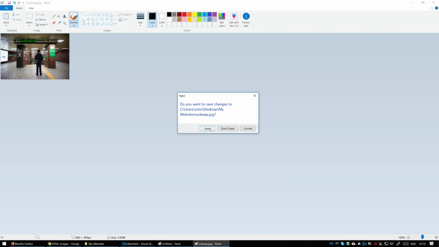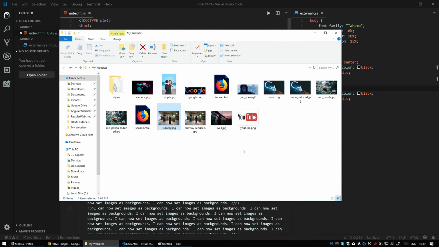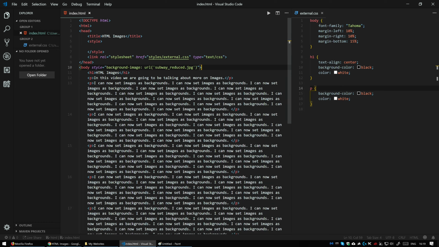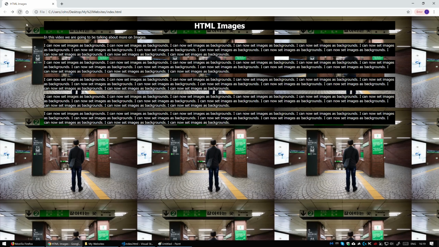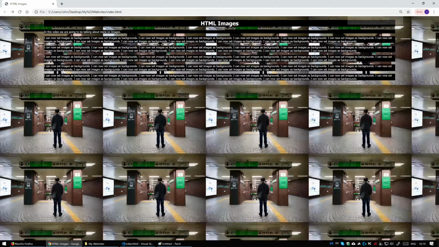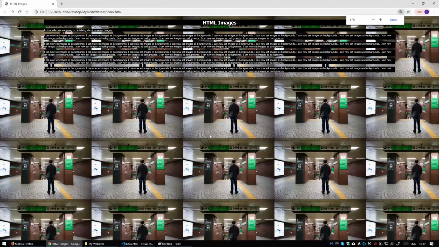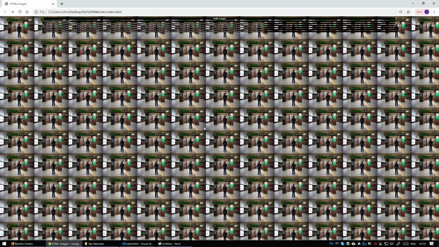you can just hit save while exiting, but I don't want to save because I have already saved the subway reduced .jpg another image. So if I save this and refresh, you can see how exactly the grid repeats itself. The image will repeat itself indefinitely actually. Okay, so